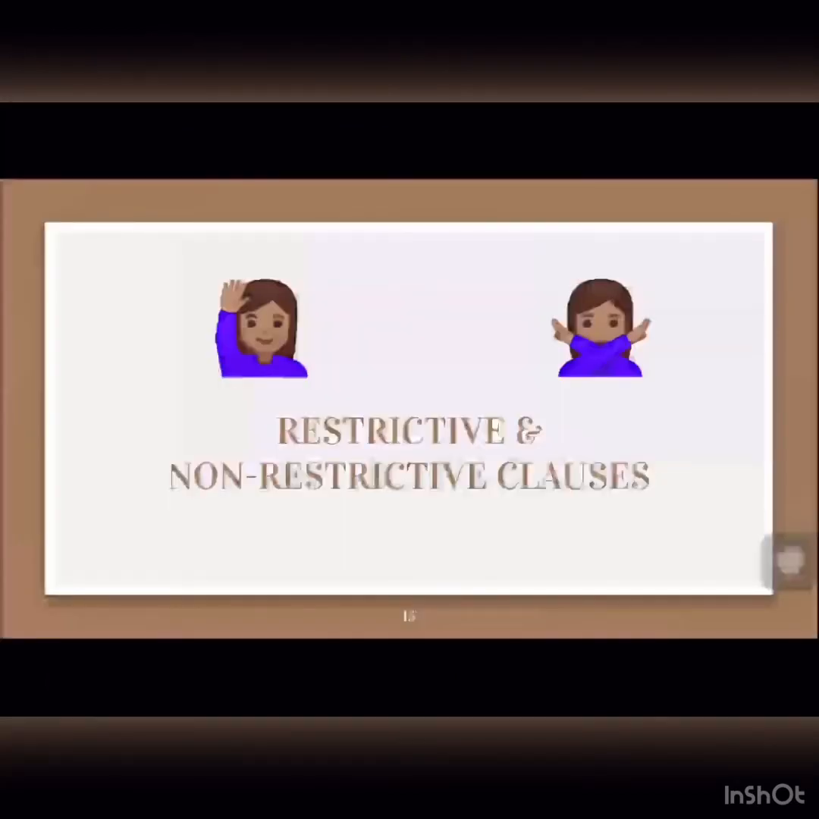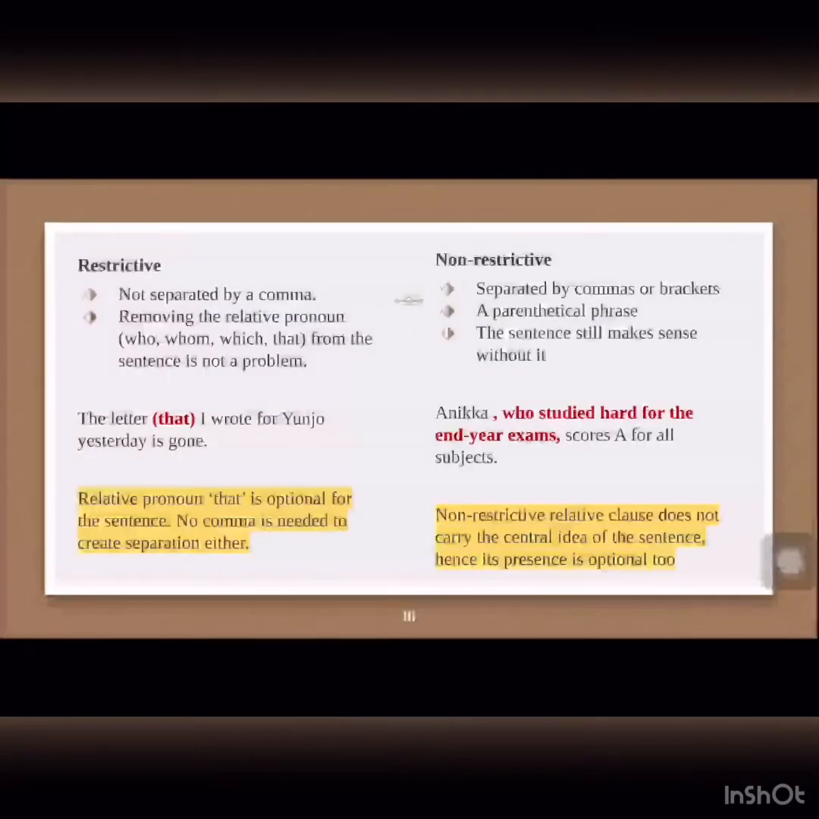Now it comes to the part of restrictive and non-restrictive clauses. There are two types of relative clauses. One is restrictive and another is non-restrictive. It's easier for you to remember